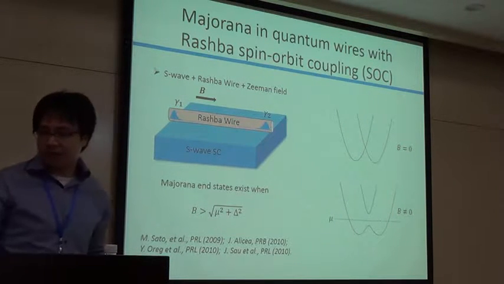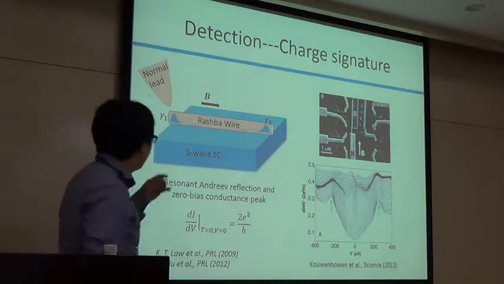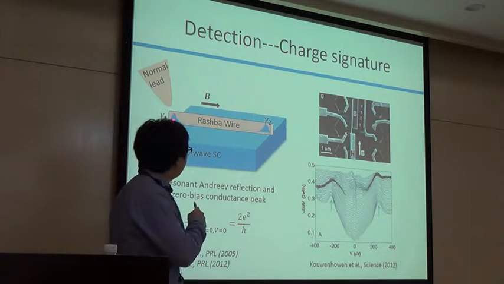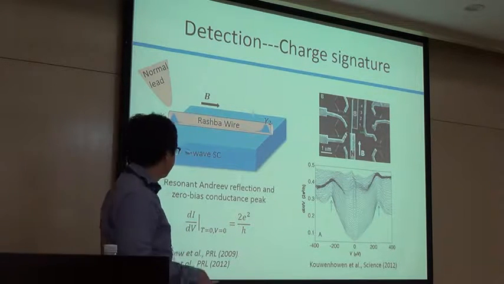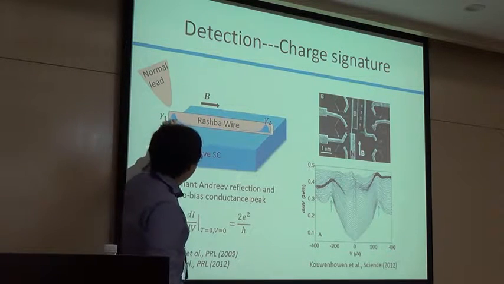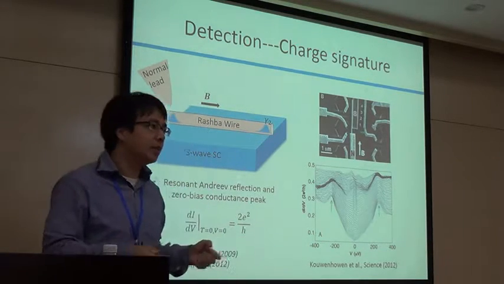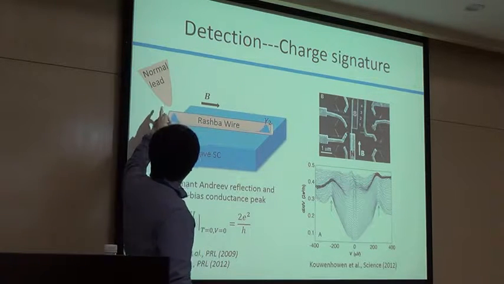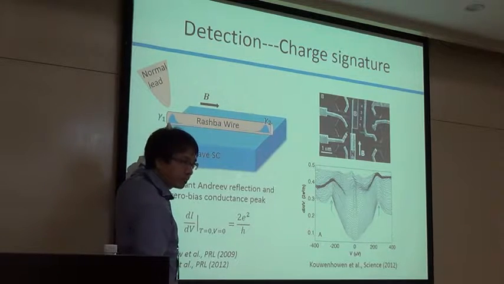So actually there are lots of, but there are still some problems. A few years back, we asked this question: if you have Majorana here, how can you detect it? You detect it by tunneling. If you have a Majorana fermion here, these Majoranas are at 0 energy. They are pinned at the Fermi energy actually. And then you can do tunneling.